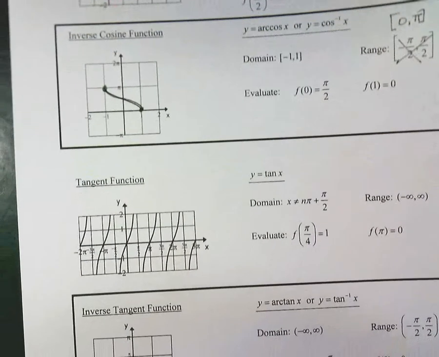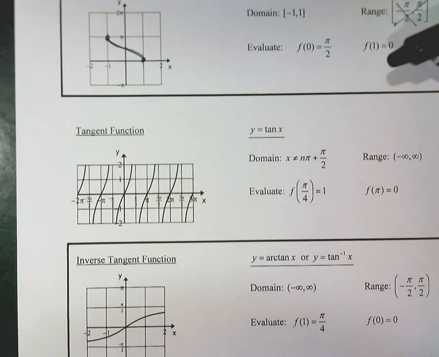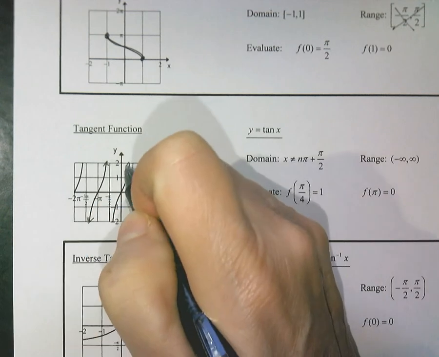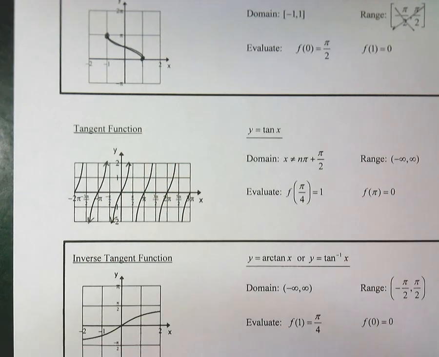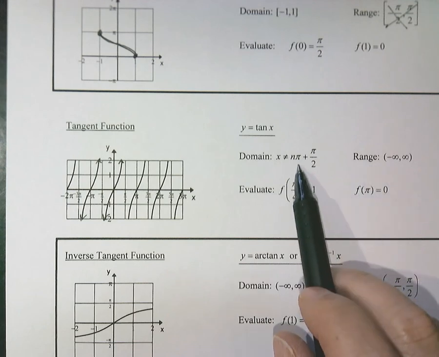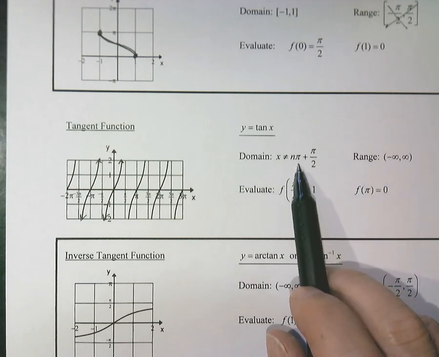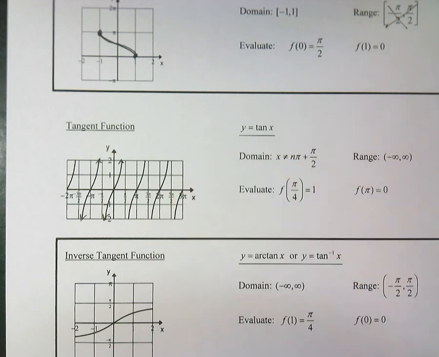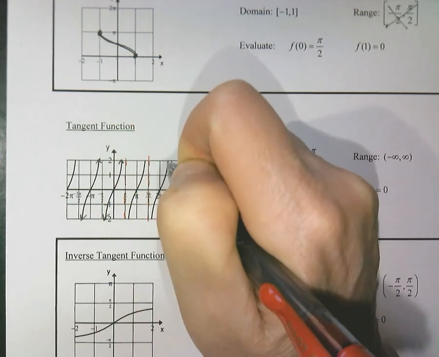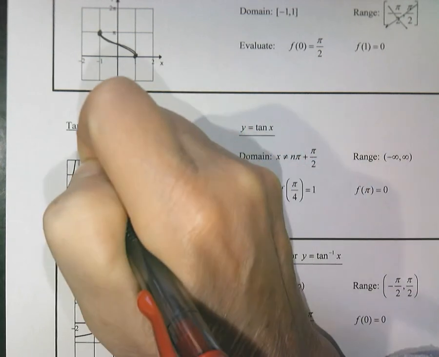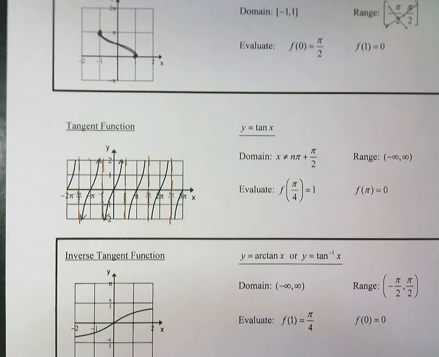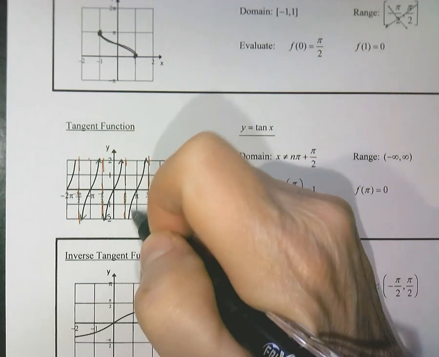Tangent function, here's the tangent function. There's all these different parts, and these keep going forever. So the range is from negative infinity to infinity. And the domain is all real numbers except the multiples of pi over 2. That's where these vertical asymptotes would be. So I could draw all the vertical asymptotes here. And I could put arrows on every single one of these ends,